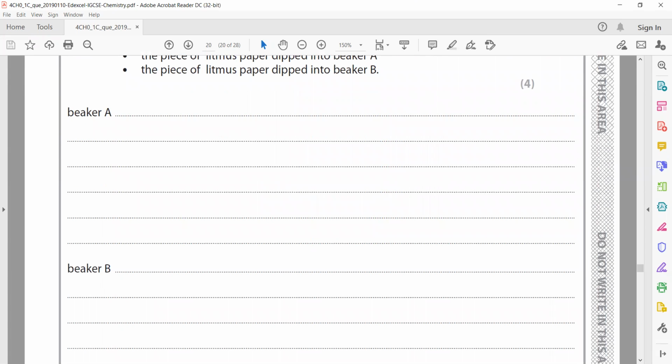Beaker A: there is no change on the litmus paper, because hydrogen chloride does not decompose or give out hydrogen ions. So no change, because hydrogen chloride does not decompose to give H+, whereas